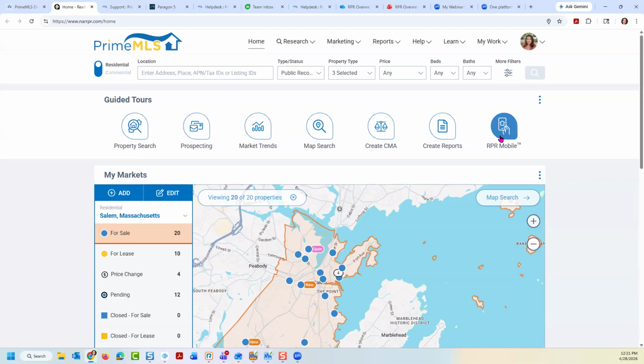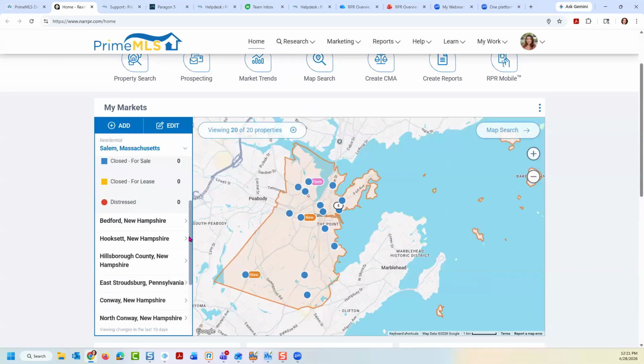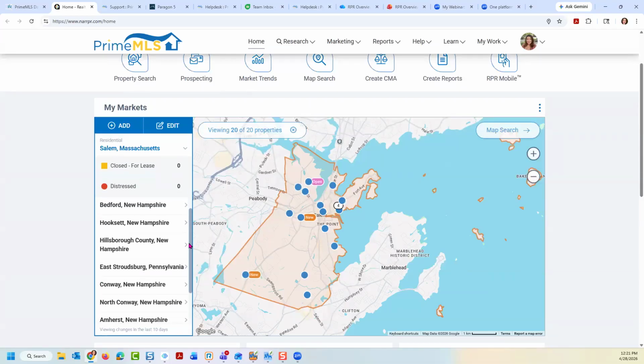The next section we're going to talk about is your market and your map. And you can set your market areas up in the section for your settings in your top right corner. So I'll show you how you can start to create those markets so that you can easily come in and jump to whatever section you want to see on the map. So you can see I've included some places like Bedford and Hooksett, but I've also created East Stroudsburg, Pennsylvania,